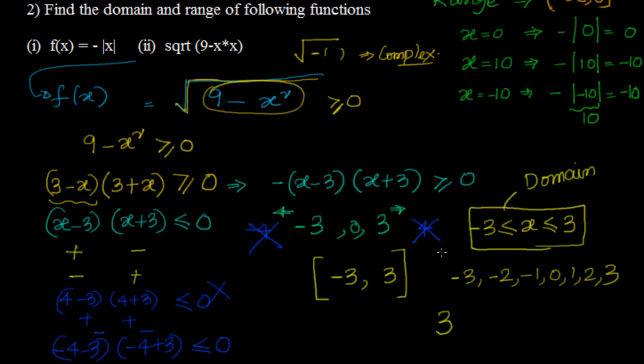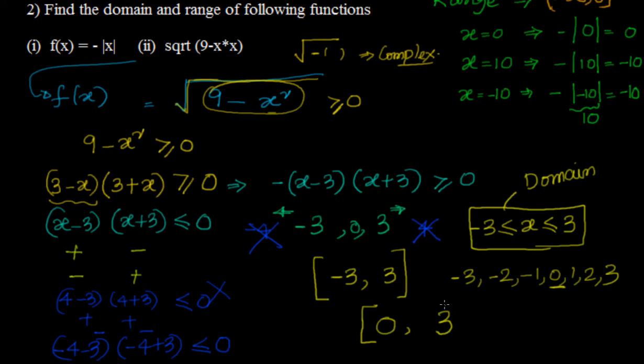Okay, right. Now if I substitute x equal to minus 3, what happens? Minus 3 whole square is 9. 9 minus 9 is 0. If I substitute x equal to plus 3, then also 3 square is 9. 9 minus 9 is 0. So 0 is my minimum value, and the maximum value I can have is nothing but 3. That happens when x equals 0. When x equals 0, I will have the max value, because I am subtracting 0 from this positive value.